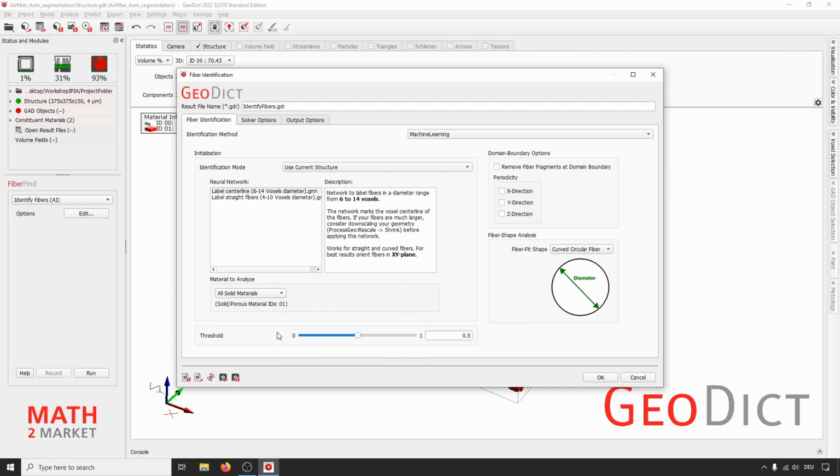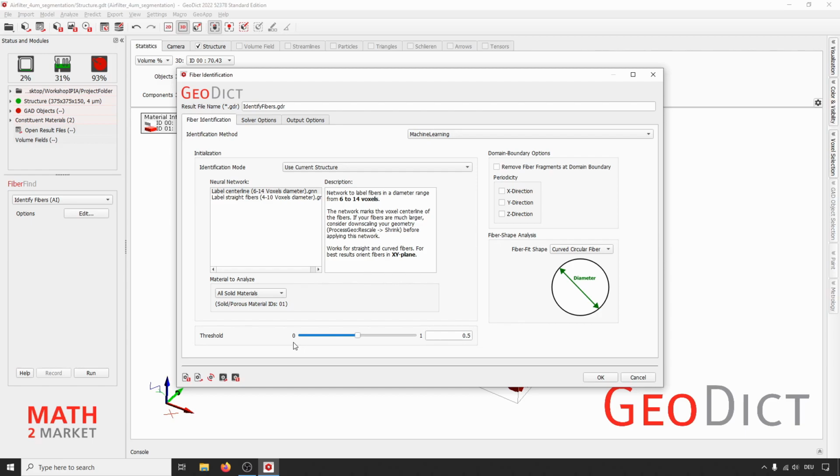Below here we can select a threshold which decides which voxel belongs to a fiber center line and which belongs to the pore space. Basically, FiberFind AI computes a field with probabilities for each voxel, if this voxel belongs to pore space or to the fiber. A probability of 0 means that it belongs to the pore space.